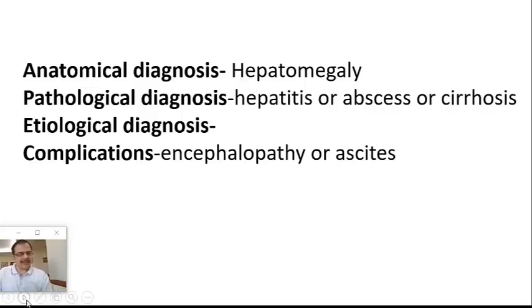The analogy is with other systems, like for example, if it is a respiratory case, anatomical diagnosis will be whether it is the parenchyma which is involved, whether it is the airway which is involved, whether it is the pleura which is involved, like a right-sided pleural effusion, pleural disease. So that is an anatomical diagnosis. Now, what is the pathology? Pathology can be a cavity, a consolidation, an effusion. Etiological diagnosis can be bacterial pneumonia, tuberculosis, malignancy, like that. Complication, whether there is any respiratory failure or not. So that we can extrapolate to other systems as well. So this should be your proper sequence of any clinical case.